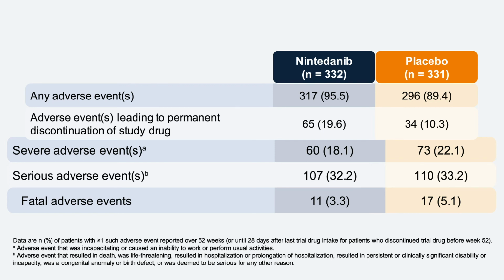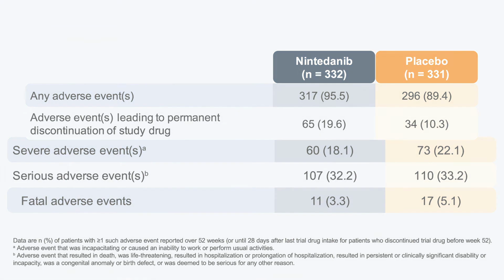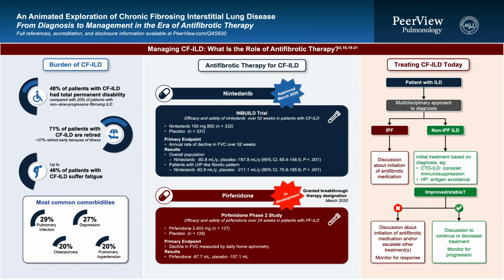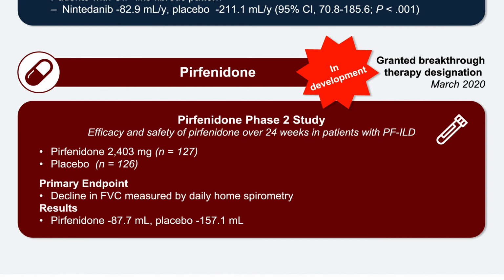You can see that. The fatalities were much greater in the placebo. Serious adverse events were similar. Severe adverse events were greater in the placebo. I think it's important. When you look at our pirfenidone phase 2 method, study design, and patient population, here's the